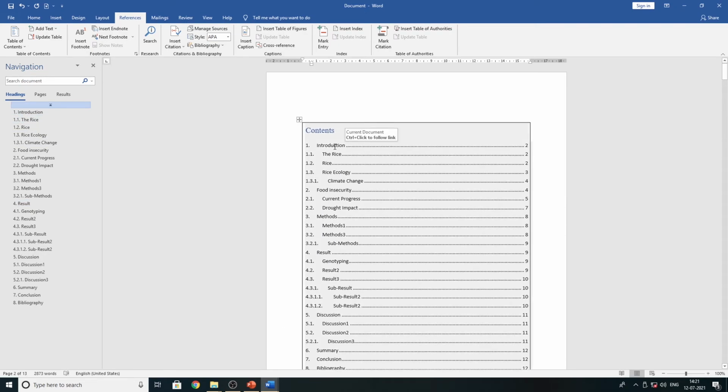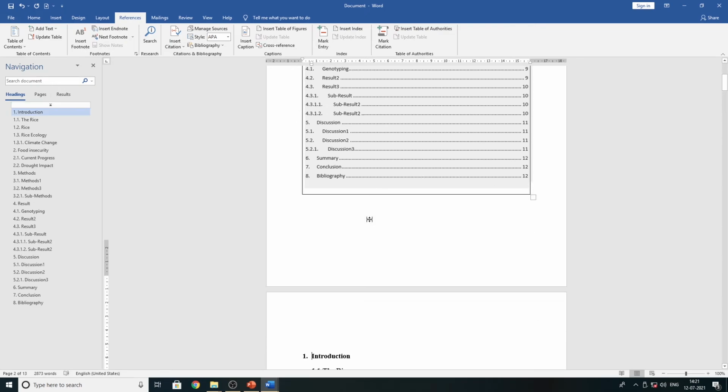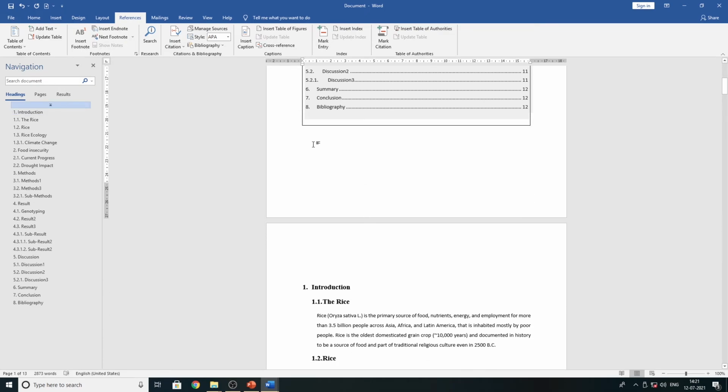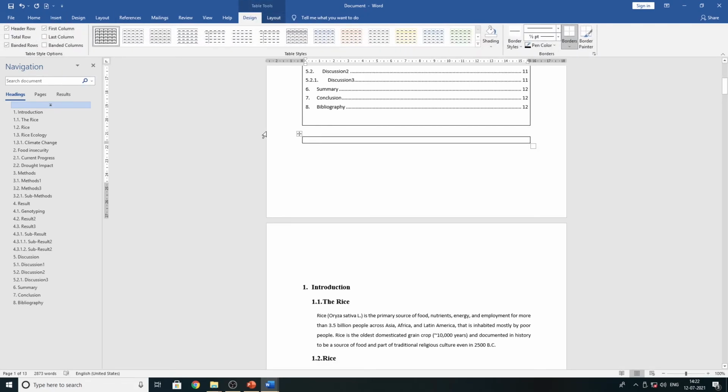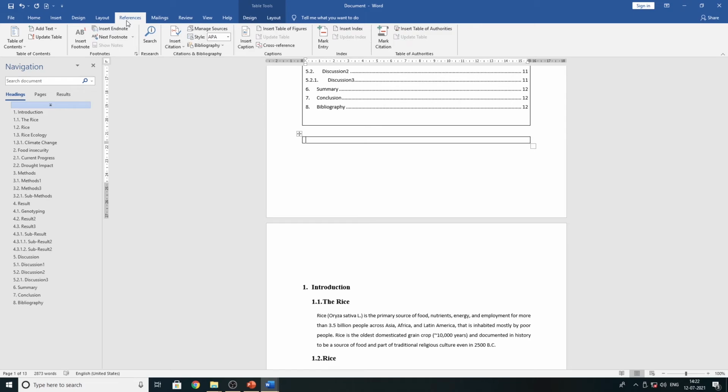See, you added the table of contents. Then I am going to add a list of tables into your document. Now again I am going to insert one table box. Here I am going to add the list of tables. So I am going to the reference tab. In reference, you find here insert caption. Right? I am going to insert table of figures. Okay, I am going to hit on that one.